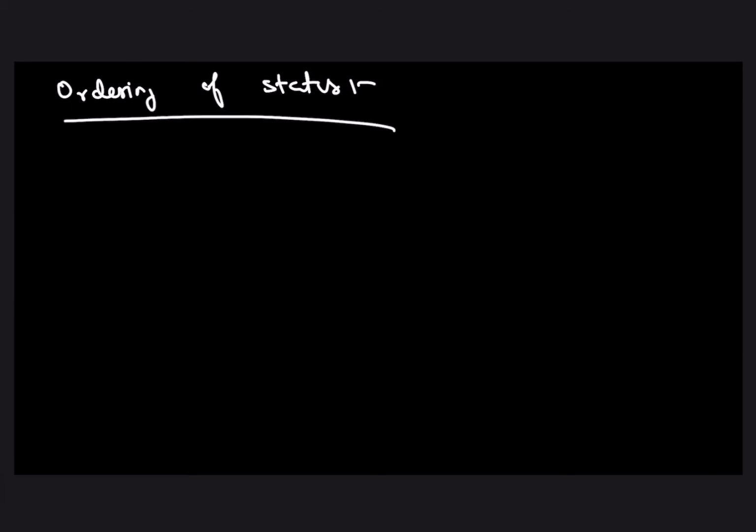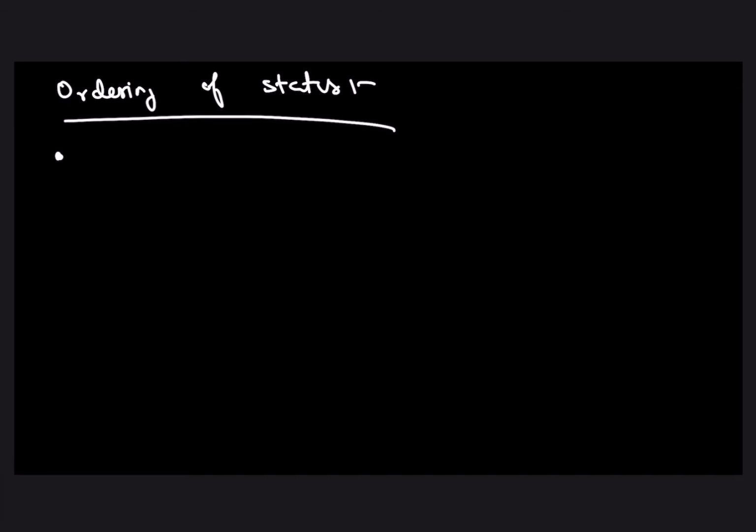So the first parameter to compare was the ordering of states, right? In the previous video, we already discussed how to order states of a DP. This is also the third sub problem that we need to solve in order to solve a dynamic programming problem. All right. So ordering the states of a DP means you have to lay down the order in which you will solve the states. All right.